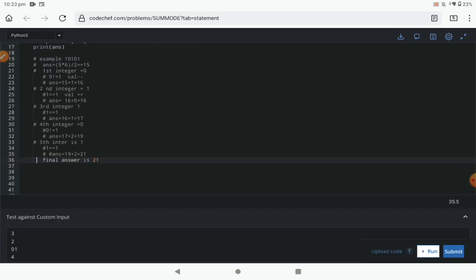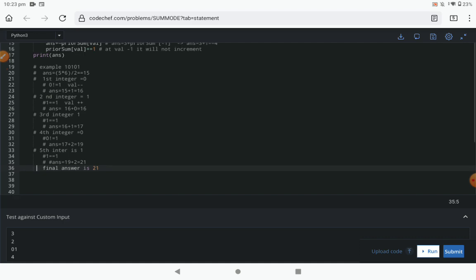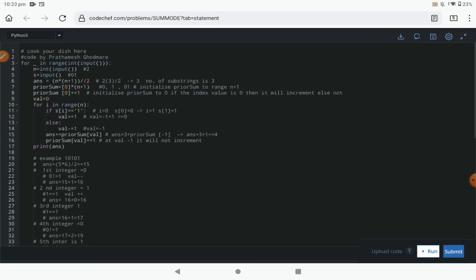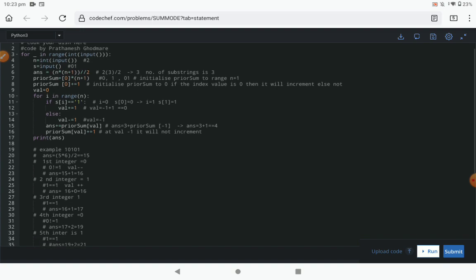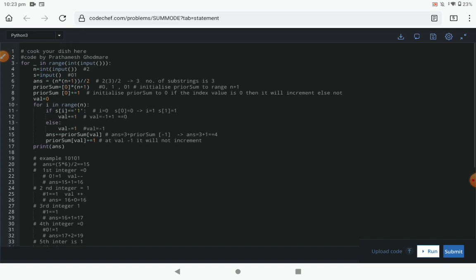Okay, so this is our example, and this is our code. You can read it,